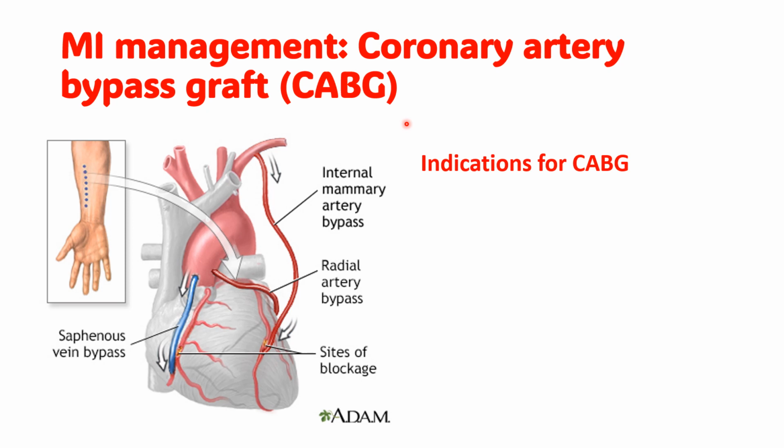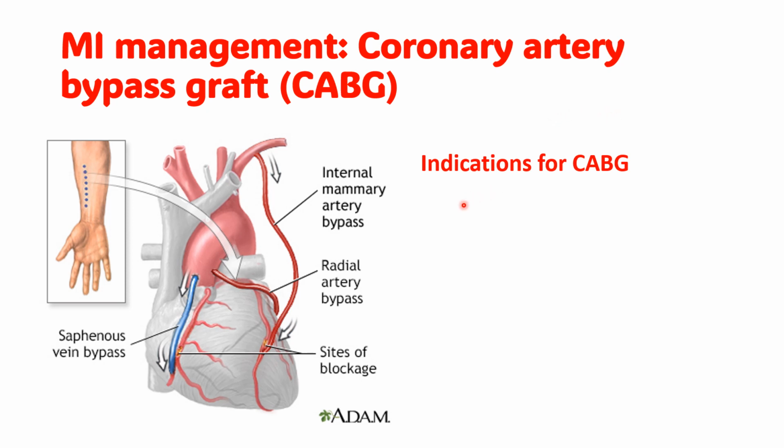So on pump means that they use a cardiopulmonary bypass machine essentially and stop the heart to do the graft. So the machine essentially acts as an artificial heart to pump the patient's blood, or if it's off pump,